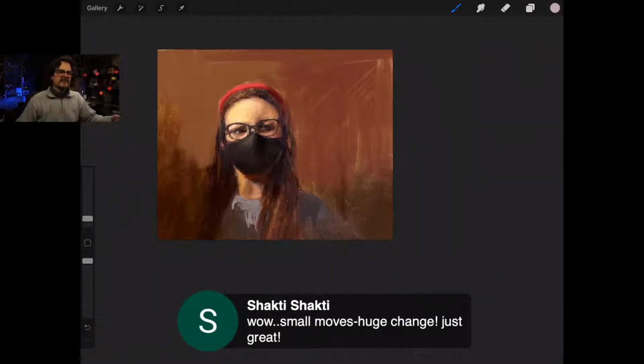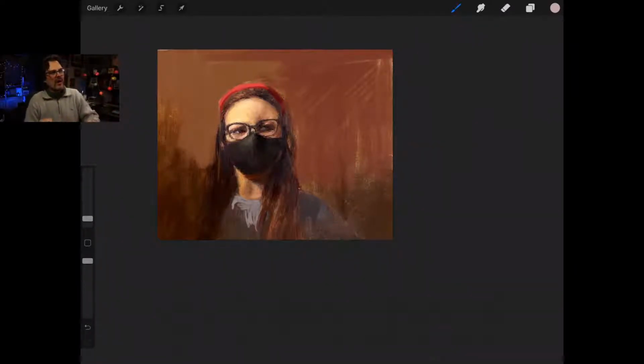Small moves. These small moves in the right direction, and when you get it all right, you're not having to push too hard, it's the harmony of it all. Okay, and notice I didn't make anything too quote-unquote pretty, did I? But it's still very effective. It's in the right place at the right measure.